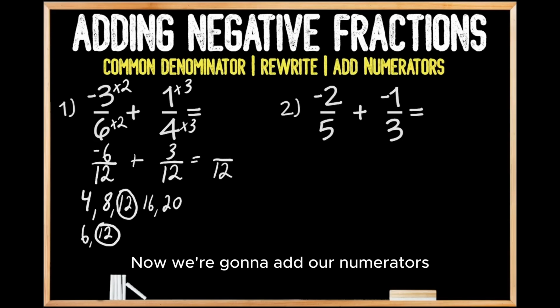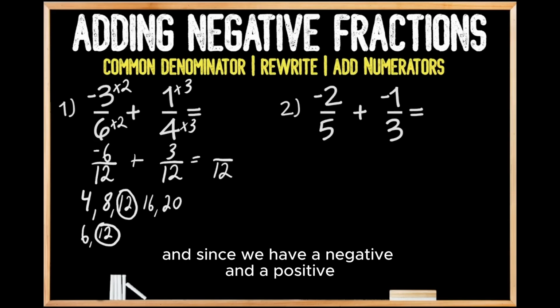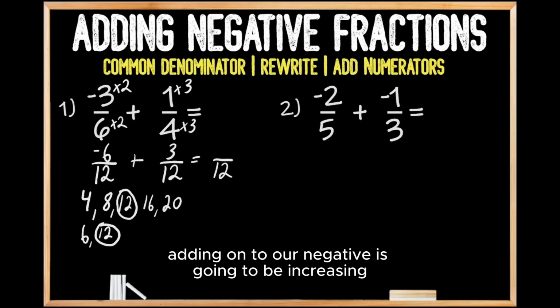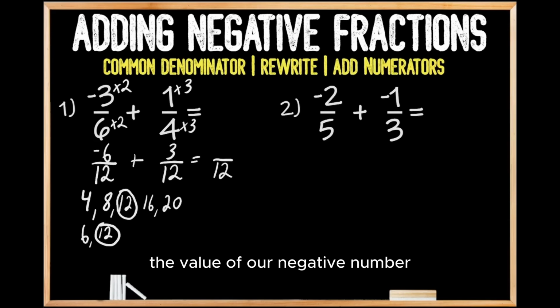Now we're going to add our numerators. And since we have a negative and a positive, the positive that we're adding onto our negative is going to be increasing the value of our negative number. So we're going to be moving closer to 0. So when we add negative 6 plus 3, we're going to end up at negative 3, giving us the fraction of negative 3/12. Now we can simplify this fraction because both negative 3 and 12 are multiples of 3, so